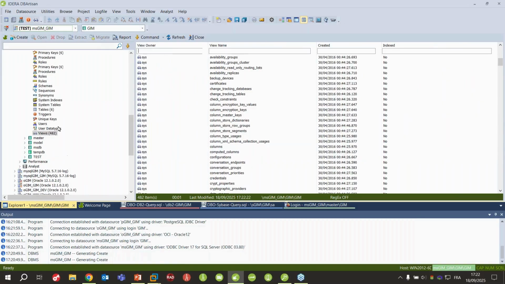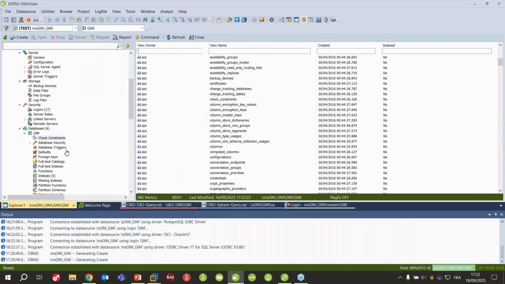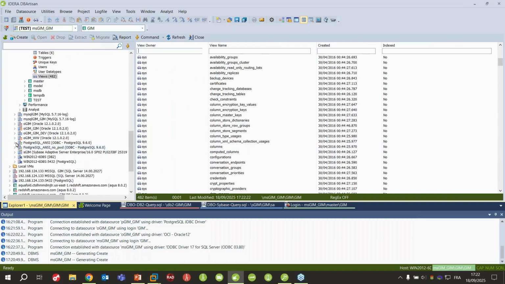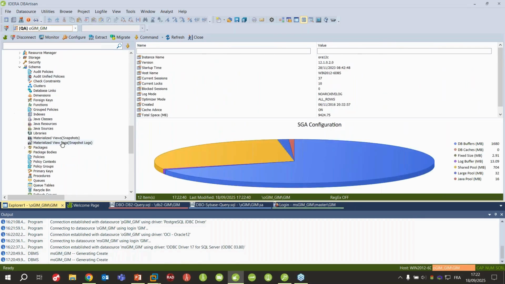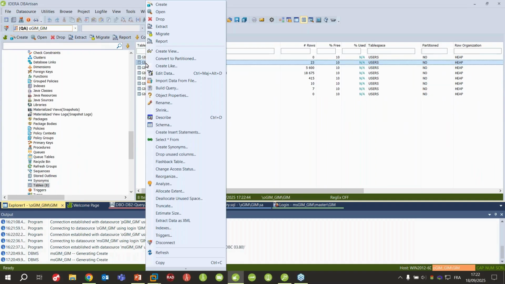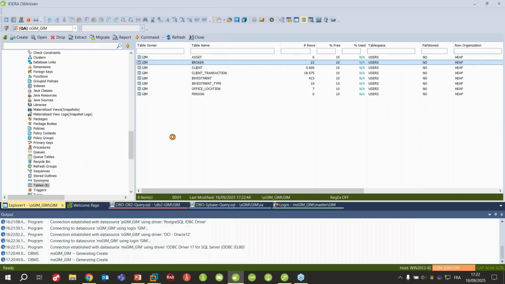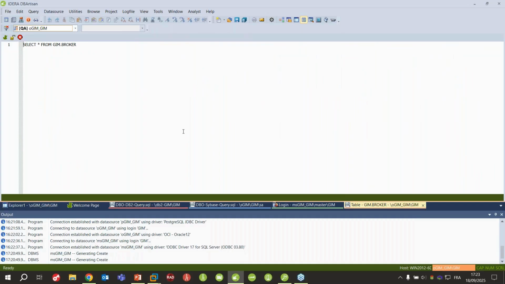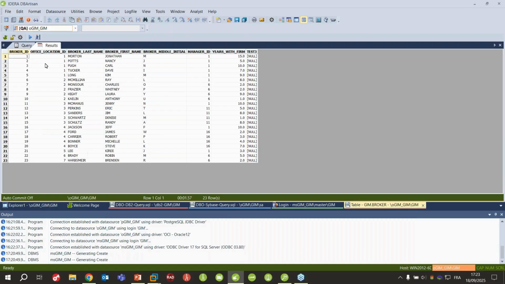So you have all this different information directly available from the user interface, and you have this for all the different platforms. So this one is an old Oracle. If I expand this node, we can see that I have, in the same way, my different tables directly available. I haven't shown it on my SQL Server, but if I right-click on my table, we have all these different options directly available. If I want to do a select on my table, I can directly click the select option, and it will run the select on my database.